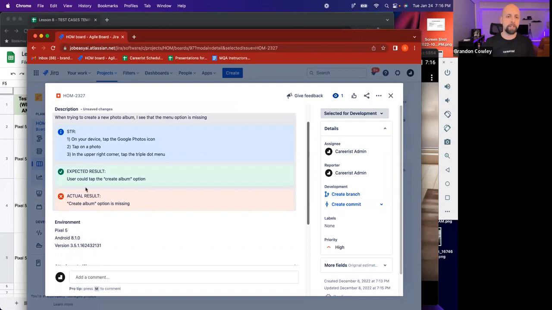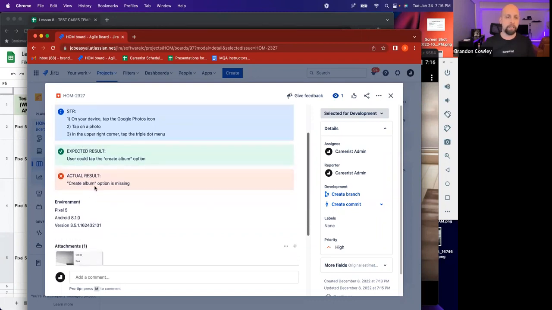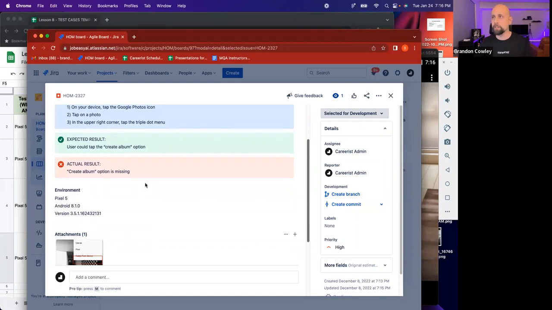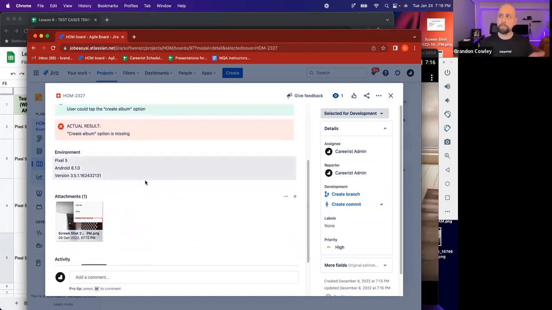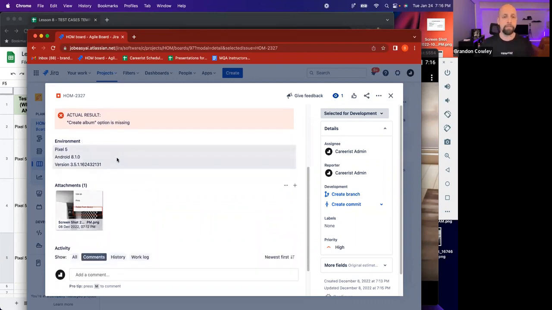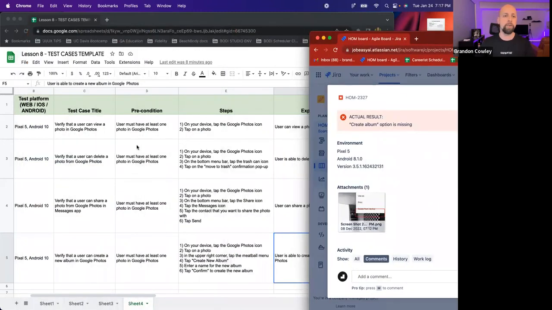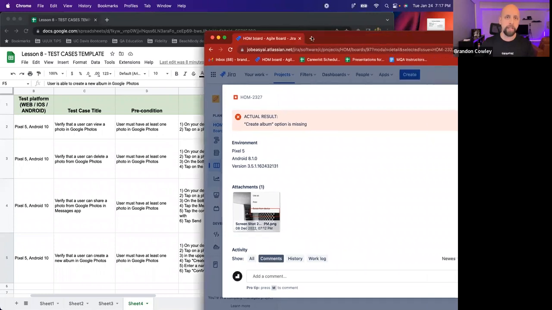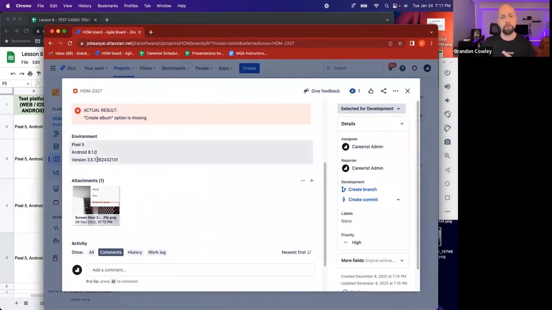Steps to reproduce, expected result, actual result. Do you need to make it look pretty like this? No, I just like colors, as you can tell. So from there, you want to put in your testing environment. Now, this is going to be the hardware that you're using, the operating system that you're on, and the app version. So again, remember what I said, you don't need the app version when you're writing out your test case, because that's going to change all the time. Like every time you have a new version of the app, that's going to change. So you don't need to put that in the test case. But in your bug report, you do want to put in the app version right here.